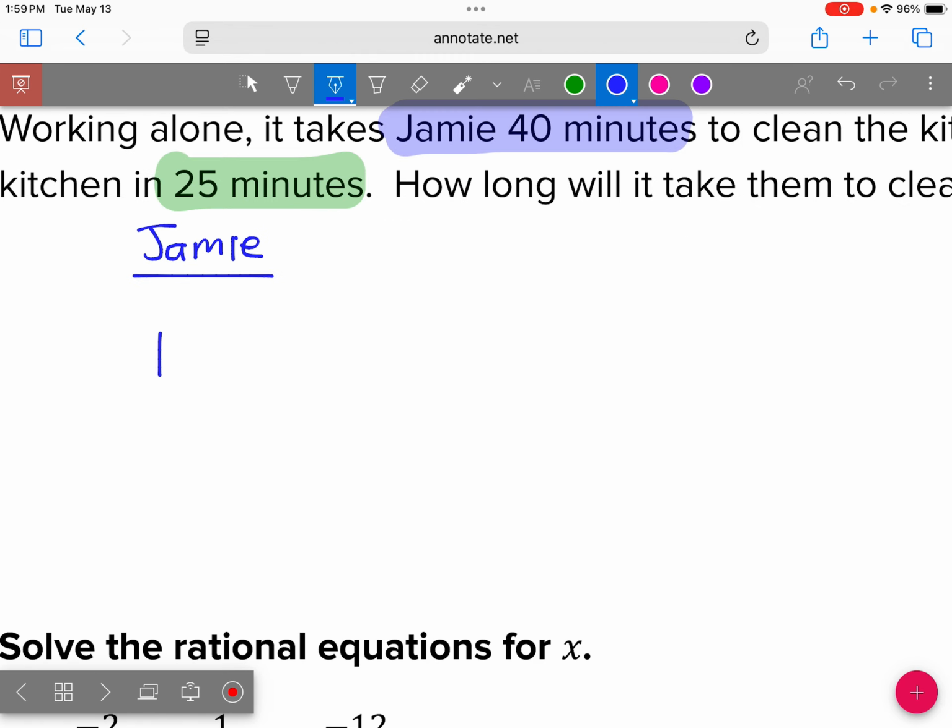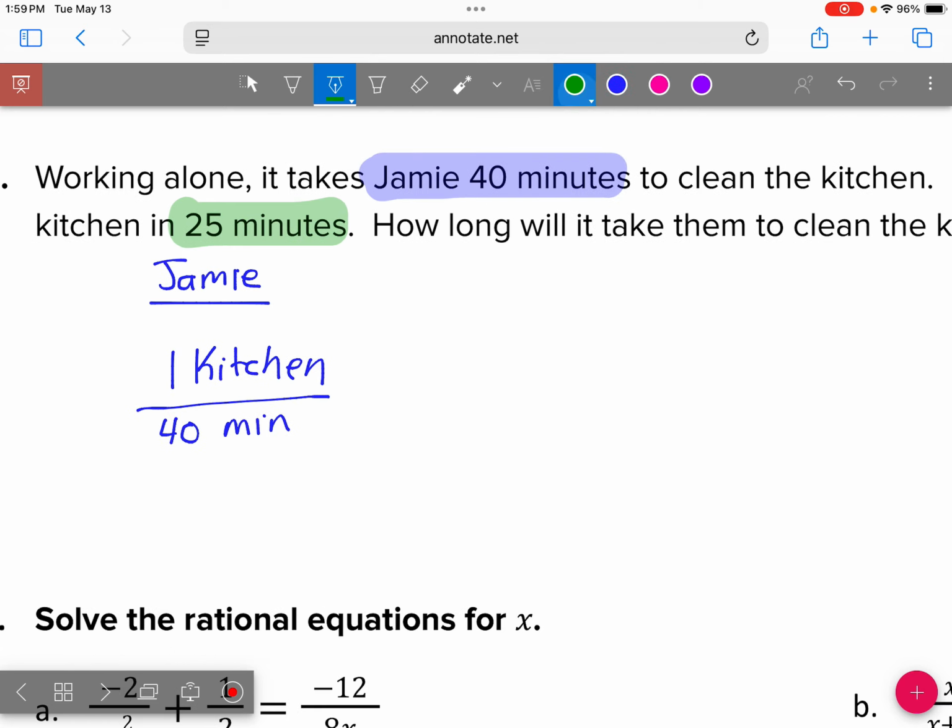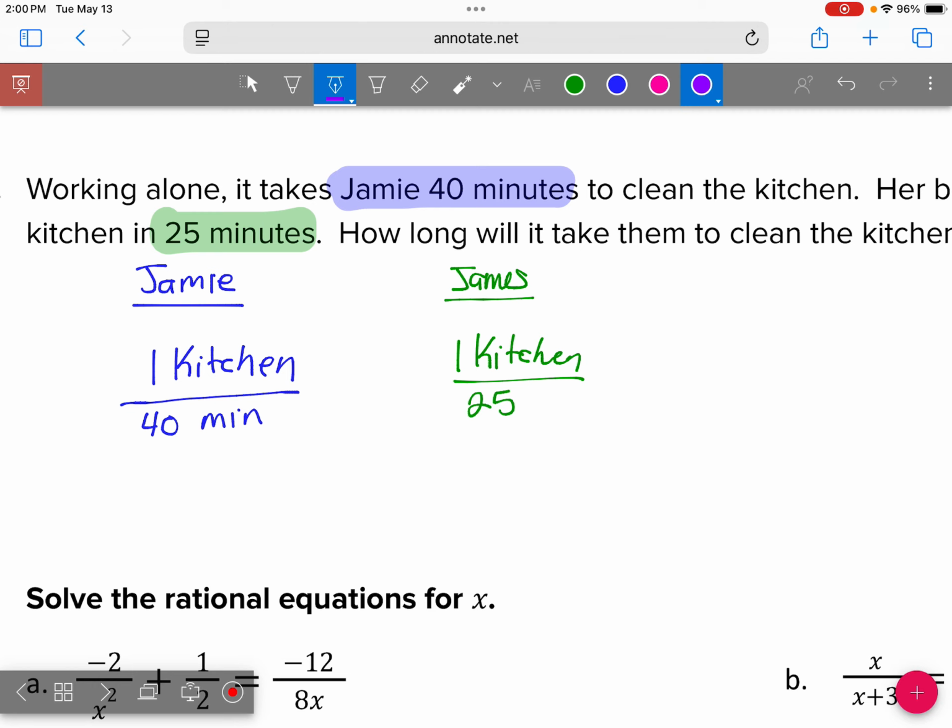Yeah, Jamie's going to do the one kitchen per 40 minutes. And then we'll have James here. And we can put it together very, very similarly. He cleans one kitchen in the 25 minutes. So if we want to know what it's going to take if they work together, if they combine forces,